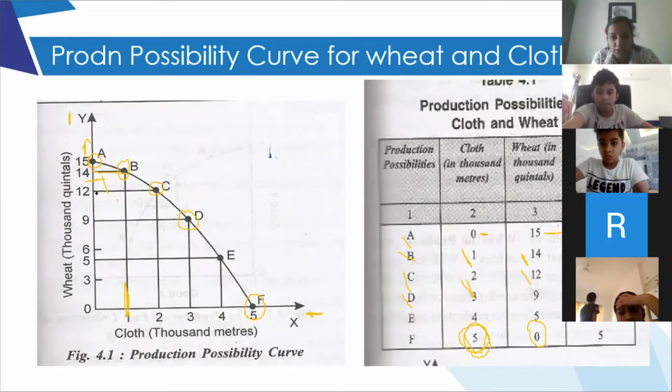If you further go down, you have decreased it more. The cloth production has increased by more degree. This rectangle that you are seeing is a bigger rectangle, right? That means when you were producing only wheat, all the resources were not suited to produce only wheat. So when you started diverting it towards cloth, it was better.